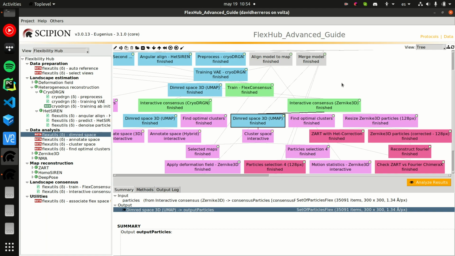Welcome back to this series of tutorial videos where we are learning how to use the Flexibility Hub to define a flexibility workflow. In the previous video, we saw how to use the DimRed space in order to get a reduced dimensionality version of our landscape that we can visualize and interactively explore using the interactive tools. In this video, instead of going into interactive tools, we are going to learn how to find the optimal number of